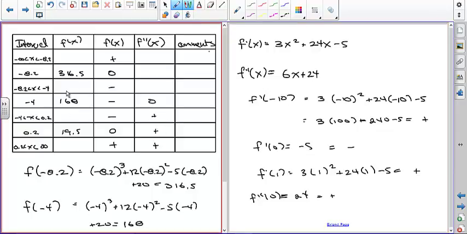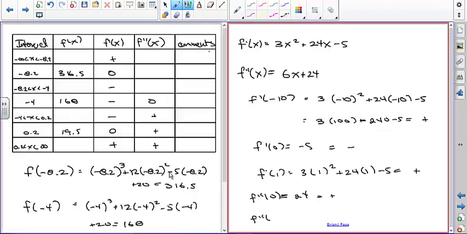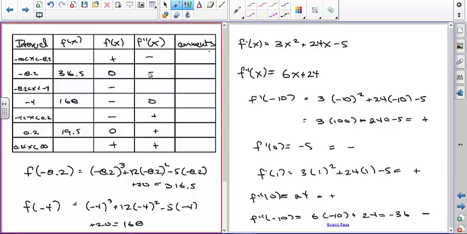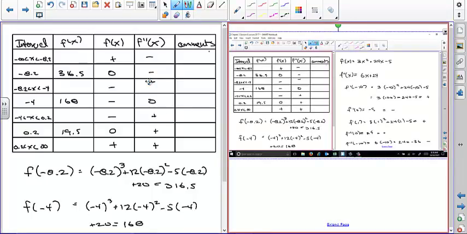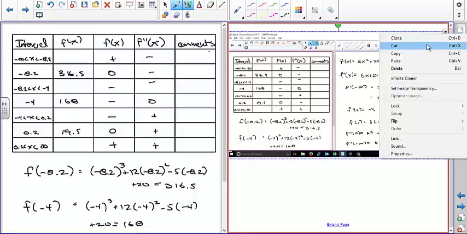And then I could do f double prime of anything less than negative 4, so I'm going to do negative 10 again. So you do 6 times negative 10 plus 24, which is negative 36, I guess, which is negative. That goes in here. And now you have your table filled out. So it's not as daunting as you may originally think if you use some